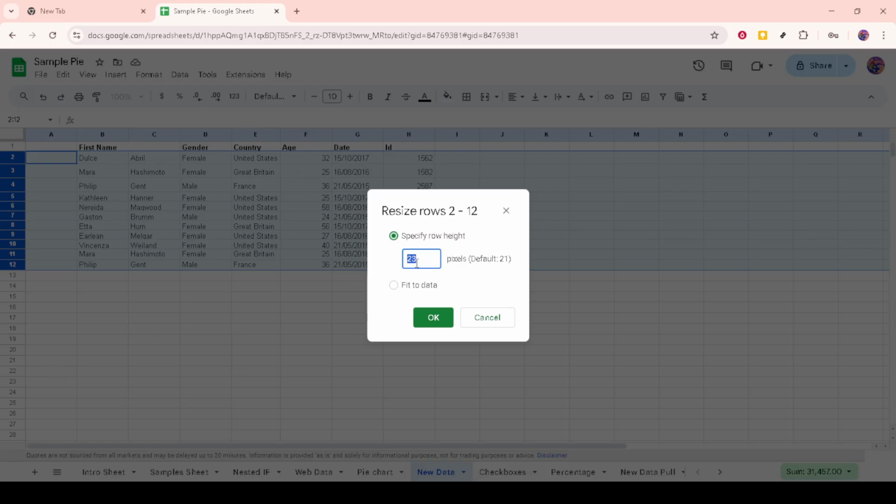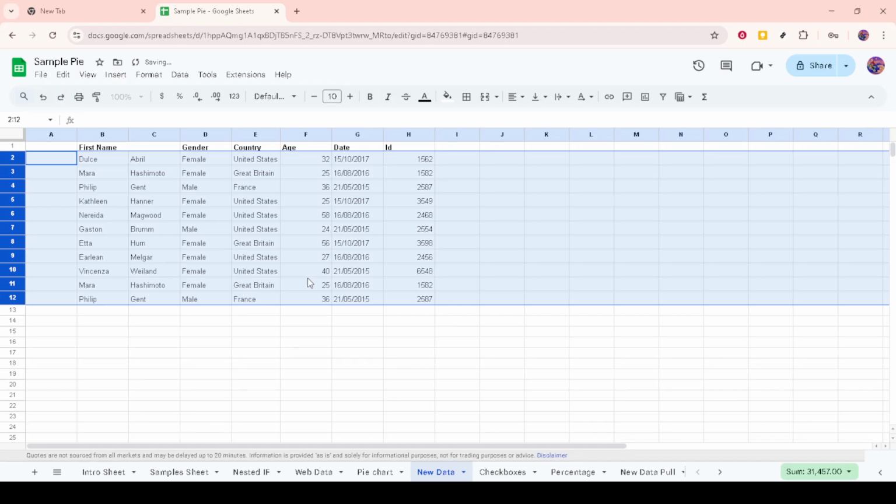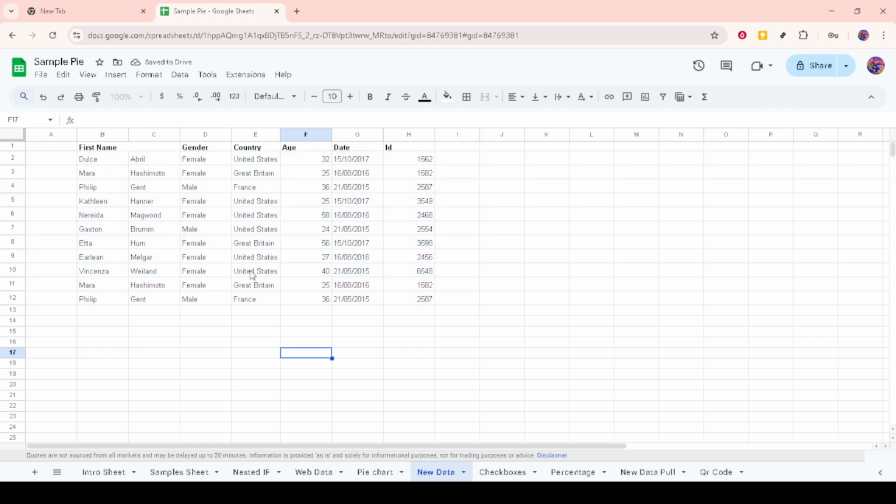Clicking Resize Rows will bring up a dialog box. Here, you have the option to specify the exact pixel size you want for your rows. Input a number that best suits your needs. For those who require uniformity especially, this step is incredibly useful. After entering your desired row height in pixels, simply click OK. And just like that, your Google spreadsheet now has perfectly tailored row heights.